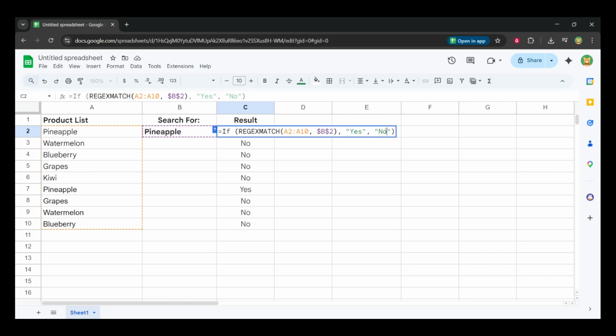It will look like this when spoken: equals IF, open parenthesis, REGEXMATCH, open parenthesis, your cell, comma, your word in quotes, close parenthesis, comma, yes, comma, no, close parenthesis. This flags the cell as yes whenever that word appears anywhere in the text, even as part of a longer